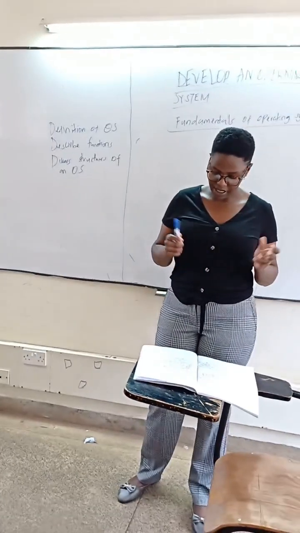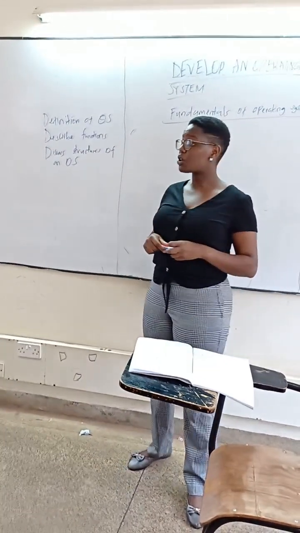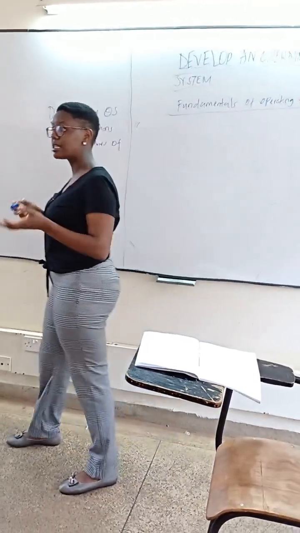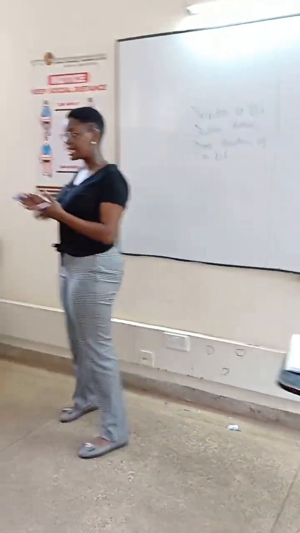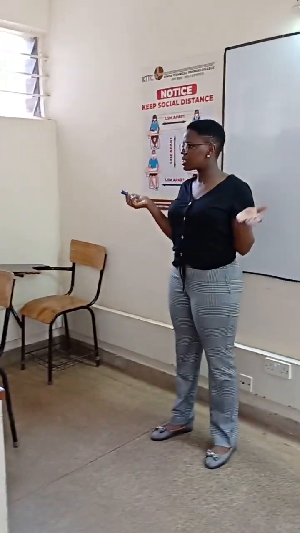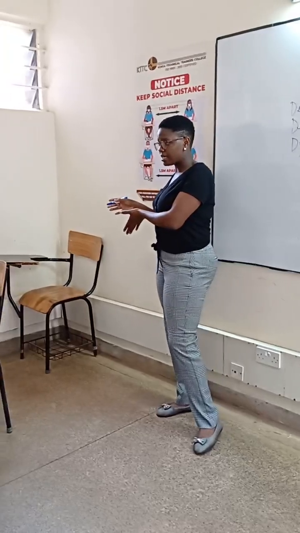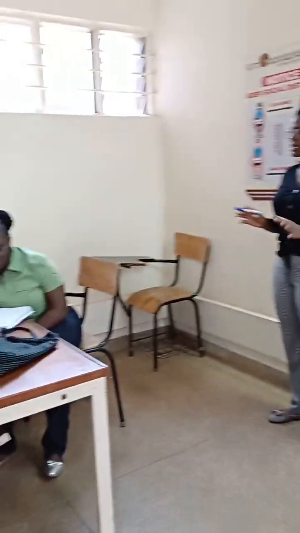The next one is process management. It handles the execution of processes. And as we said, we have the stages of process execution. You can't just start a process from nowhere. We have the stage where the process starts. It can wait. It can also be terminated according to the functions available and the resources that are available.